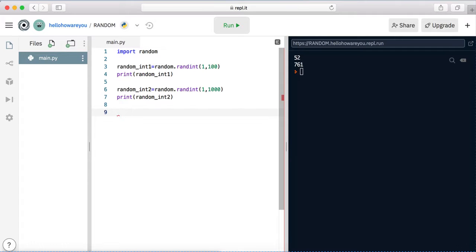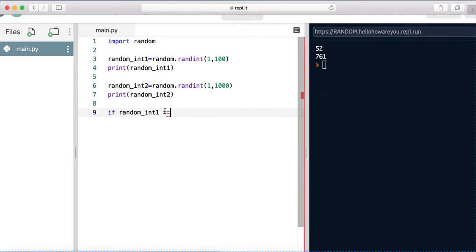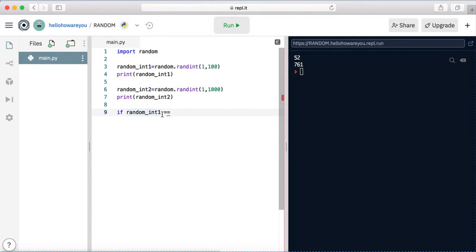But the real code is if random_int_1 equals, and in Python equals means equals. You can't use a single equals. It's going to mean something else. So if random_int_1 equals, or actually let's not do equals, let's do less than or equal to. If random_int_1 is less than or equal to 50,